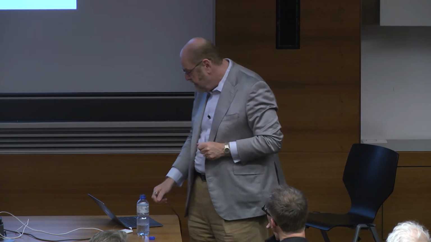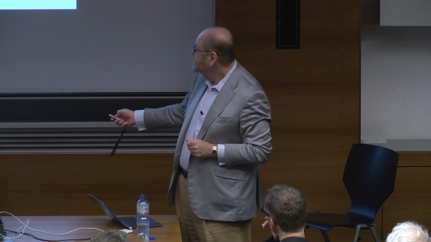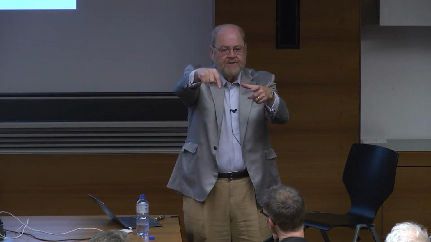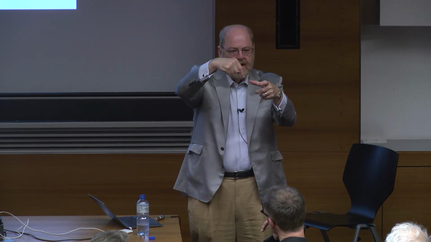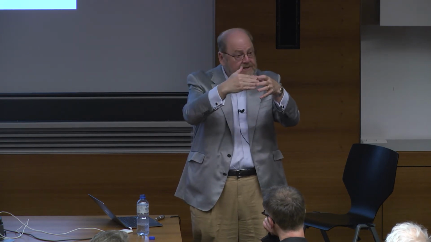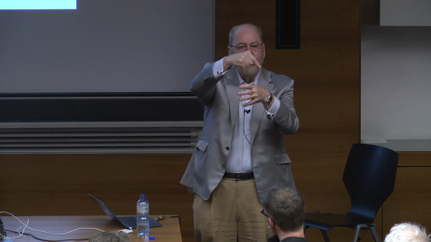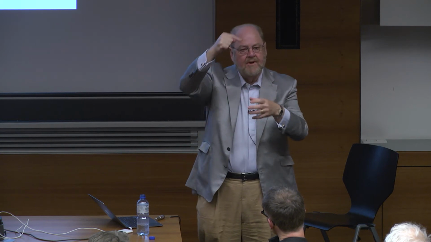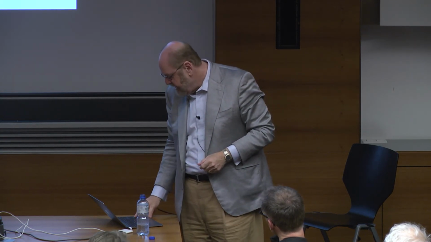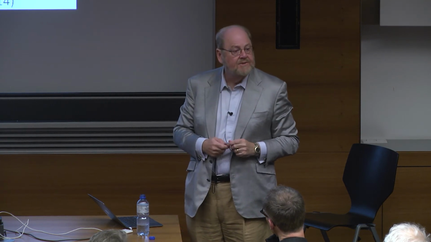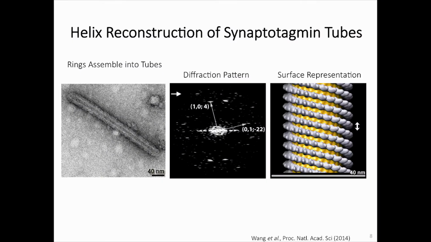Good. Now, it happens that from time to time, as these rings form, they don't close on themselves. So picture a ring on the surface of the membrane going around and around, sucking up the membrane as it does, because it adheres to the membrane on its inner aspect. Imagine that most of the time it closes off, but sometimes it misses, and it keeps polymerizing. What will it form? It will form a tube. That actually happens, and it especially happens when you use large liposomes and when you add the protein to liposomes. And so what we see are rather long tubes, and happily, they can be quite regular.